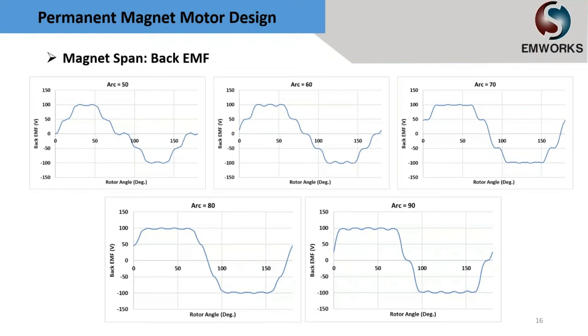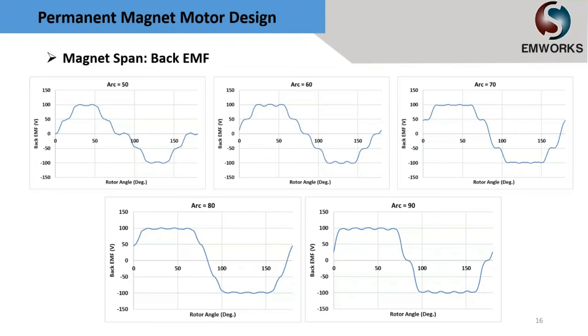You can see clearly here the back EMF waveform. The back EMF waveform for magnetic span of 50 degrees is more like a sine wave, while for magnetic span of 80 and 90 degrees, the waveform is resembling square waveform or trapezoidal waveform. So remember that I told you before that for PMSM machines, sine wave back EMF is desirable, while for BLDC motor, trapezoidal back EMF